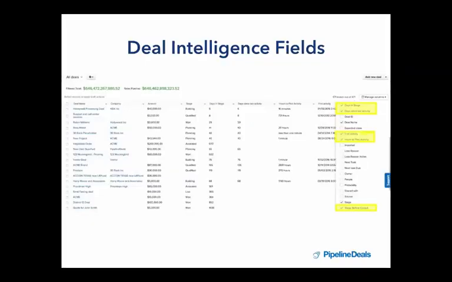So let's get started by taking a look at deal intelligence fields. On the Accelerator platform, there are 5 additional fields available on the deals list view. And the goal of these fields is to help you gain insights into your pipeline by viewing how long deals